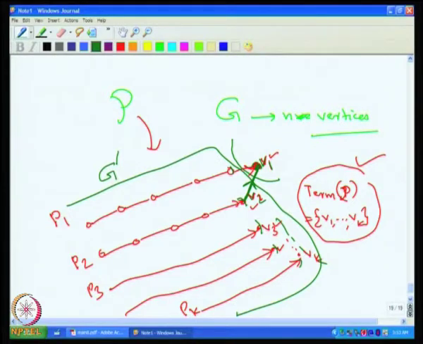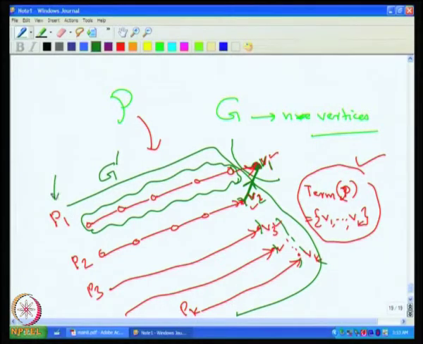So, one question we can ask is whether it is possible that this portion disappeared in G dash or not. For instance, what if P1 was a single node path initially? Can P1 be a single node path in the original path cover? That means this portion was not there. That will never happen, because